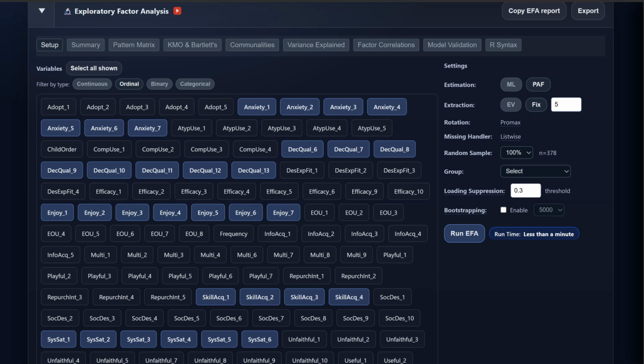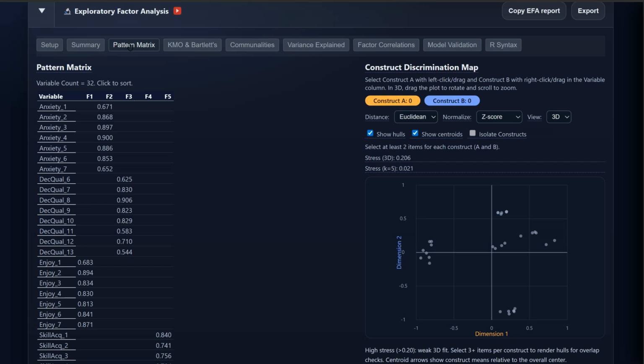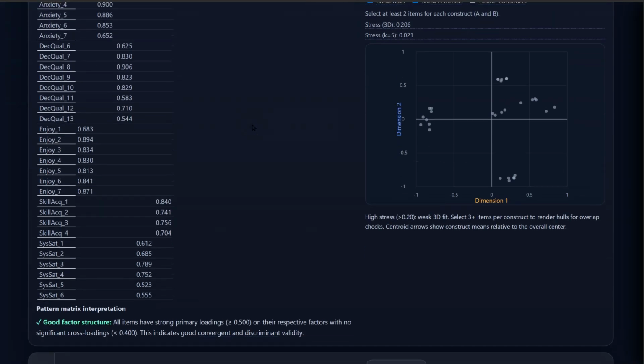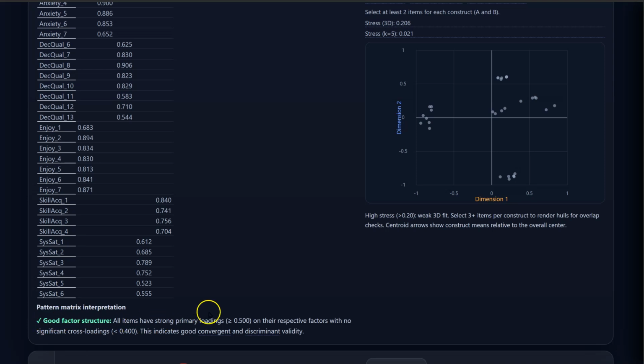In this video, we're going to take a look at the pattern matrix. In the previous video, we ran an EFA based on these settings. So here is that EFA, and we ended up with a pretty nice pattern matrix. You can see here it says good factor structure. All of them have primary loadings greater than or equal to 0.5 with no significant cross loadings, indicating good convergent